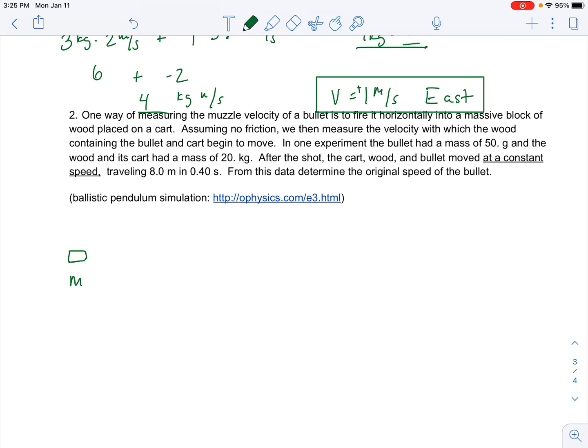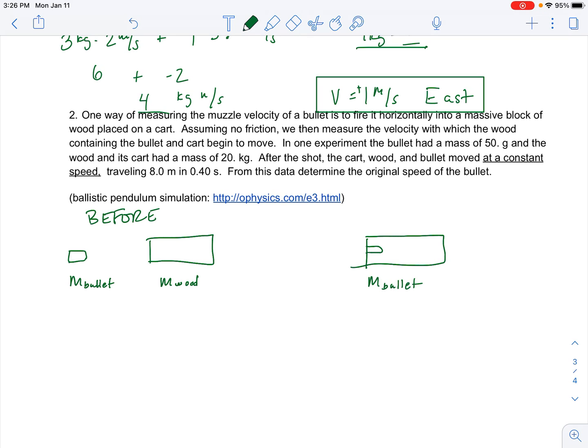So here's the bullet. Here's the block of wood. And I'm looking at what happens before the collision and then after the collision. The bullet will be embedded in the block of wood. Now it's like one piece. Okay, assuming no friction, we then measure the velocity with which the wood containing the bullet and the cart begin